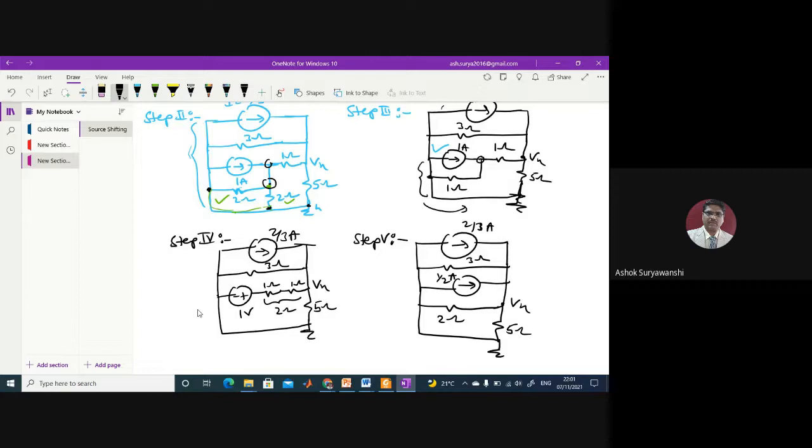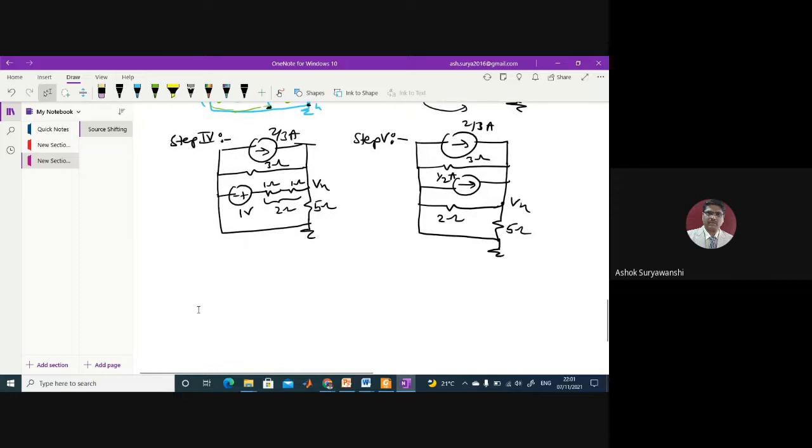Okay, now you can see your circuit is further simplified, and now what you can do in step number 6 is these two current sources and the two parallel resistors you can simplify. So say for example, in step number 6, I am simplifying the circuit. You will have to write the statements in between, what operations you are doing. So now the same circuit diagram we can draw like this.